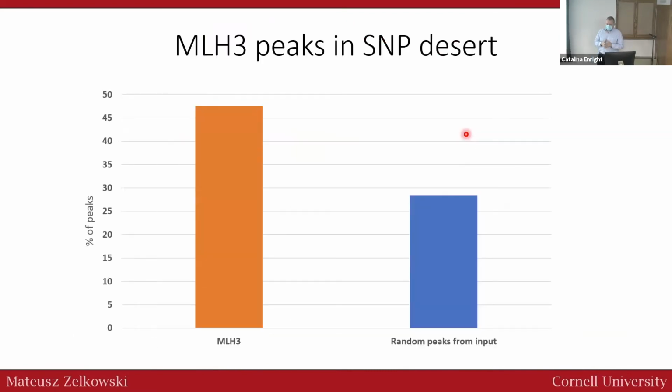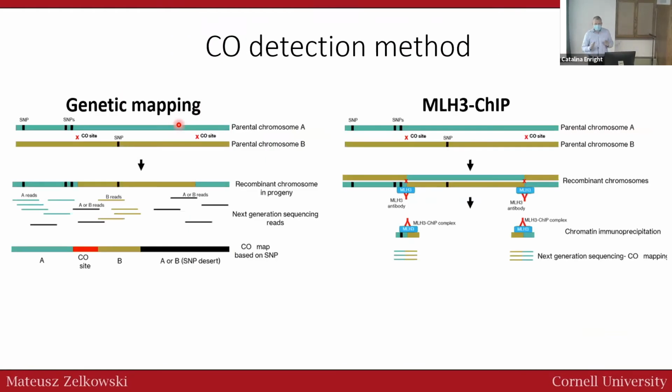But I was asking, where is the other ChIP? Where are the other peaks? And we started to validate the map of where the hits are. And the hits were in the SNP desert, because in traditional genetic mapping, this means how people are checking